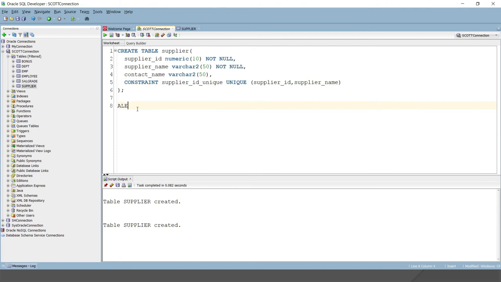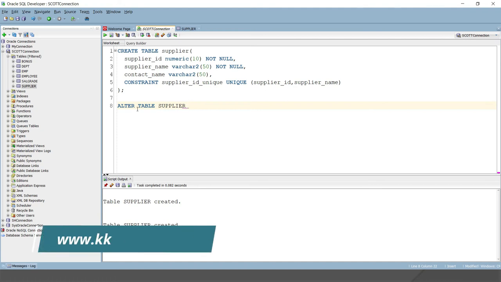So we have alter table, then the table name, which is supplier. The table name is not case sensitive, so you can write it in capitals as well. So alter table, then the table name, and first of all I would like to disable it.